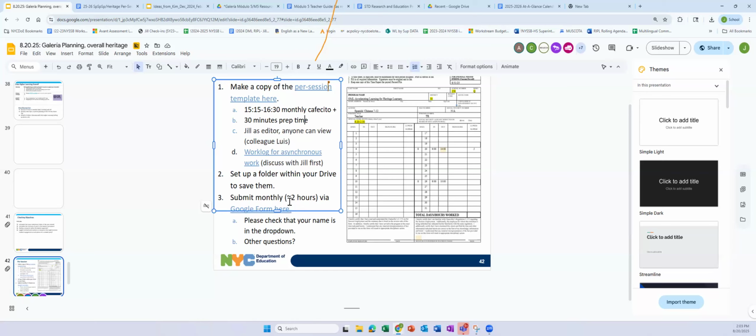I will remind you during the cafecitos, but basically Carla, I still don't think I got all your timesheets from last year. If you don't give them to me regularly, it charges interest and stuff like that, and my office gets very mad at me, and then it looks bad for all of us. So please, I'll give you reminders about that, but you'll have to submit them monthly.